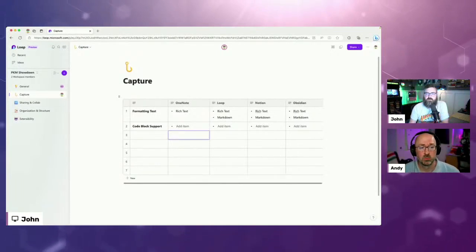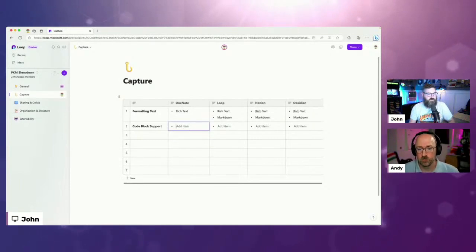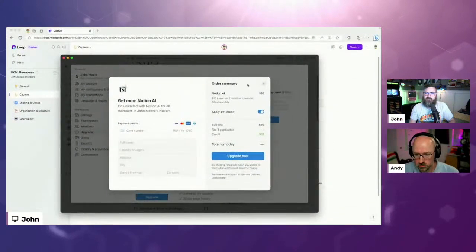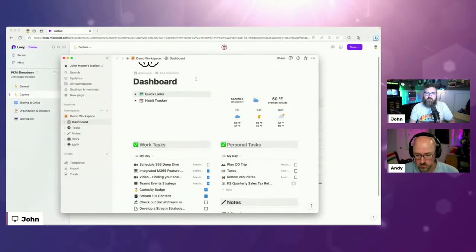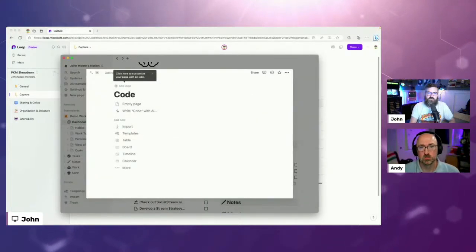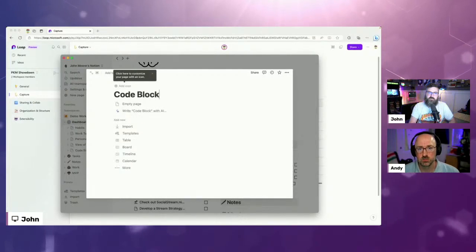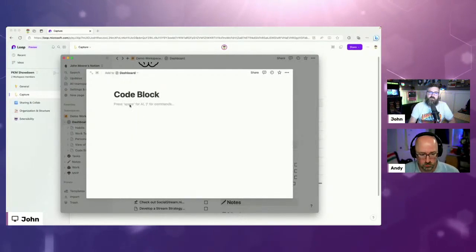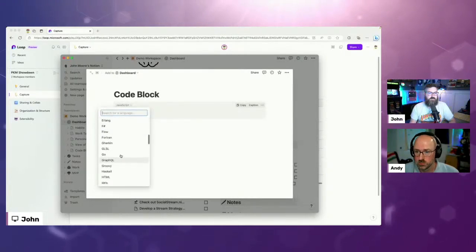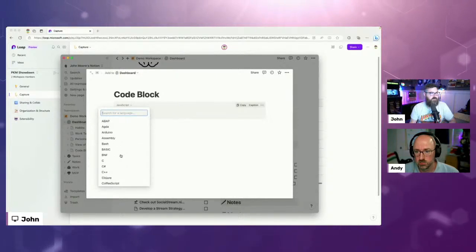Yeah. Okay. So code block support. This is one that Darwin posted in the chat. I don't know a lot about code block support, but I believe Notion has that no problem. I think that's a component that you can add, isn't it? So if I do something here and do a code block, then yeah, I could do a code snippet as a type, and look at all those different languages that it supports. So that's a resounding yes for Notion, right?